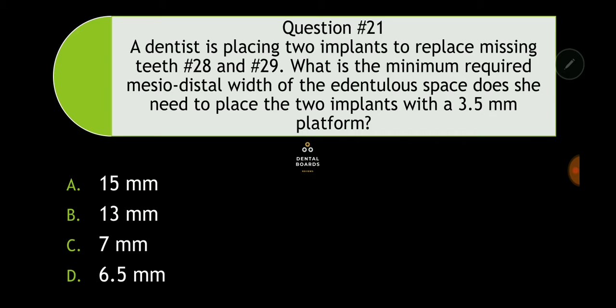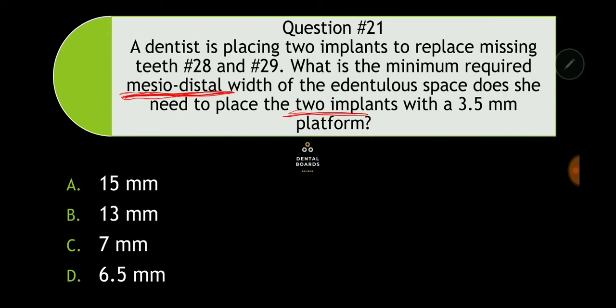So question number 21: a dentist is placing 2 implants to replace missing teeth, 28 and 29. So the premolars on the right side in the mandible are missing. What is the minimum required mesiodistal, so anterior-posterior, width of edentulous space that she needs to place 2 implants